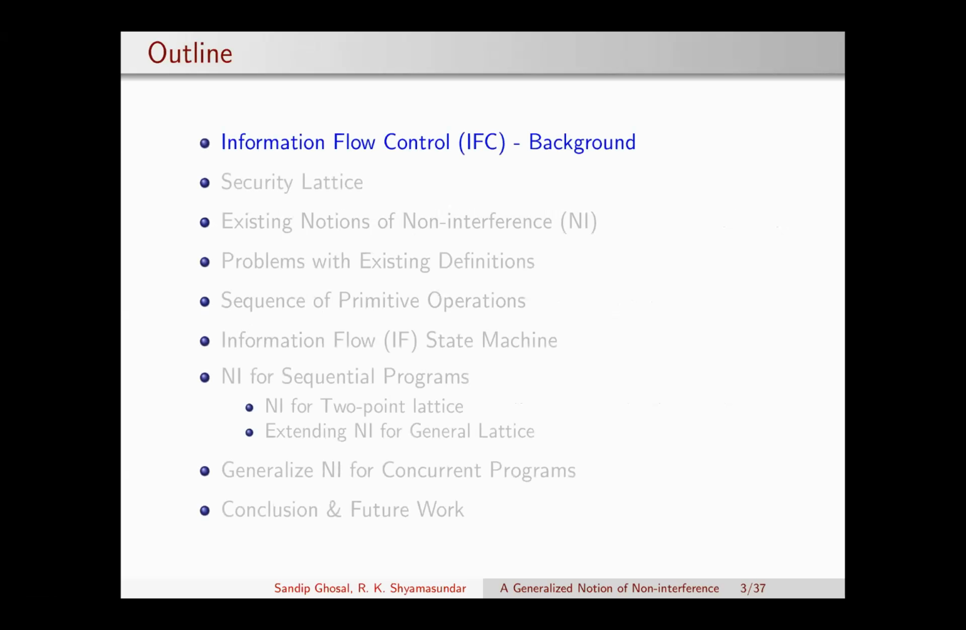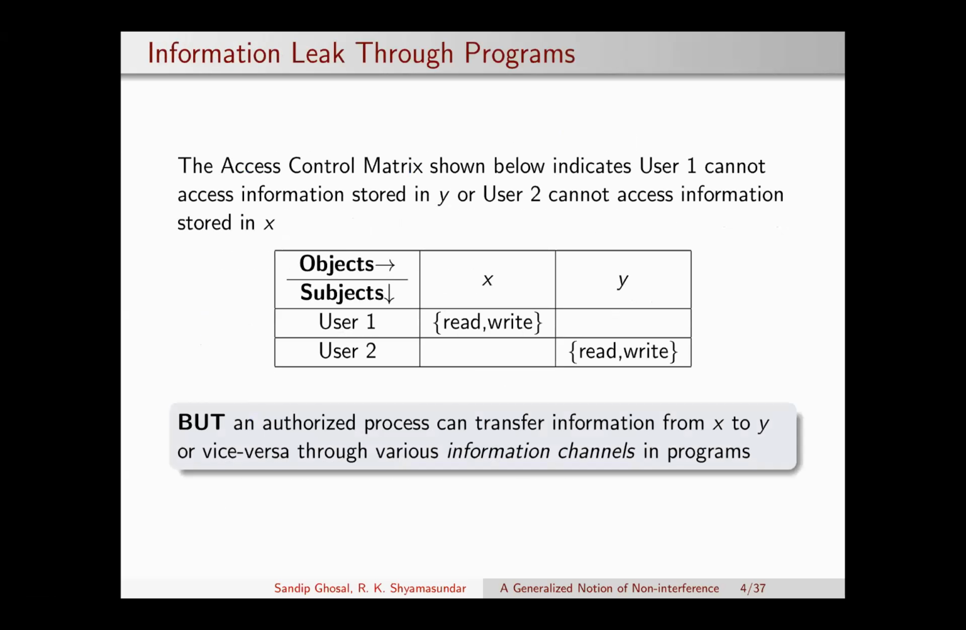We shall start with a brief background on information flow control and information leaks. We have seen several applications for the discretionary access control model that basically restrict access to system objects. As shown in this slide, an access control matrix says that user 1 cannot access the object Y and user 2 cannot access the object X. However, a program having access to both X and Y can transfer information from X to Y or vice versa